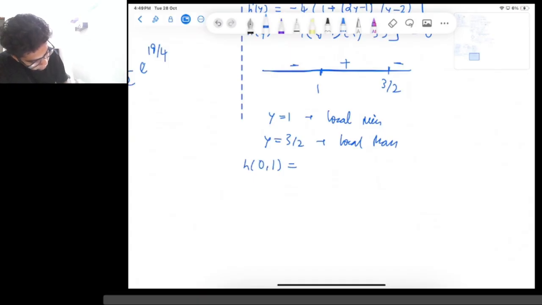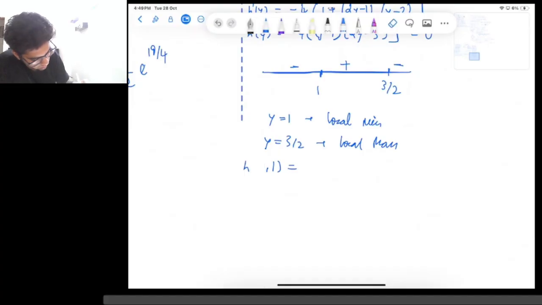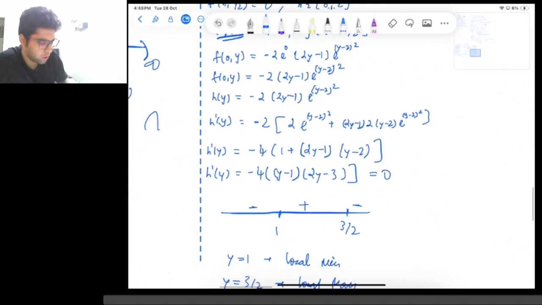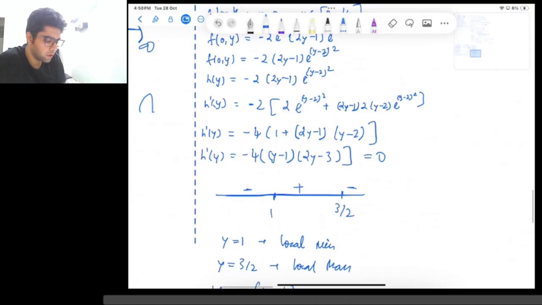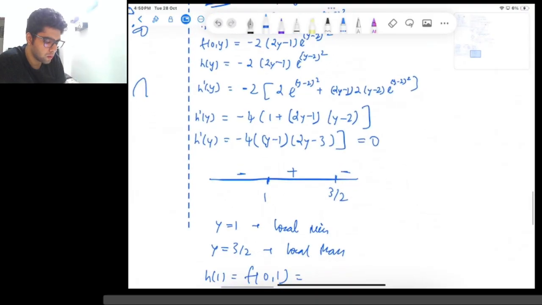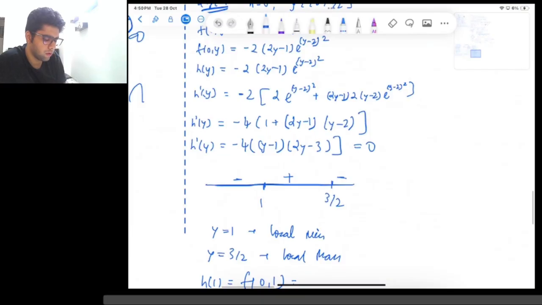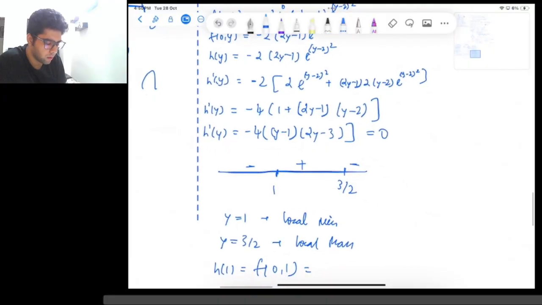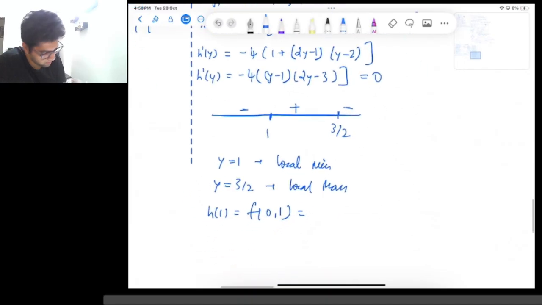So h of 0 comma 1, so h of 1 is equal to f of 0 comma 1, which is 1 minus 2 into 1, so this gives me 1 minus 2 into e to the power 1 minus 2. So 1 minus 2 is minus 1, so e minus 2 into e to the power 1, and h of